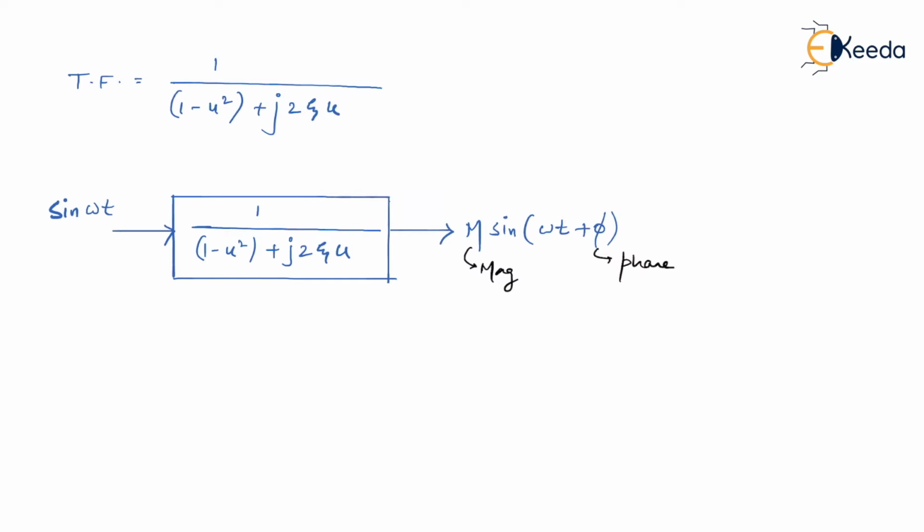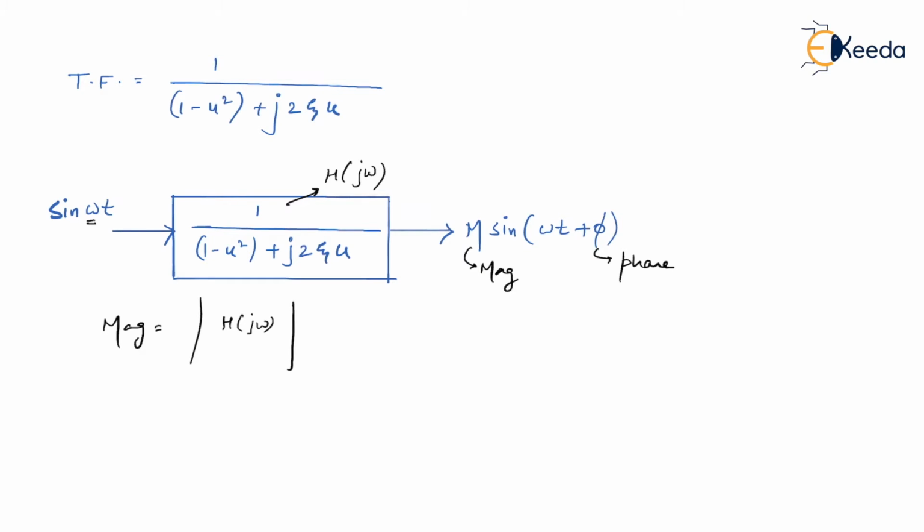So let us follow the standard procedure. How do we get the magnitude? Look at this very carefully. This is the transfer function that we have. Let us assume this transfer function as H of j omega, for example. The magnitude is always whatever H of j omega function that we have, we take a magnitude of it, at the operating frequency. Here the operating frequency is omega. Therefore, it is just magnitude of H of j omega, and that becomes the magnitude. That is nothing but M in our case.